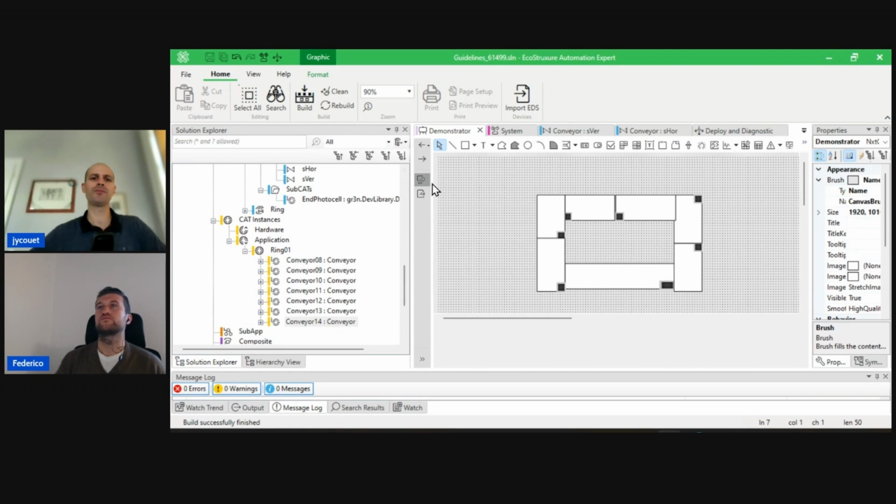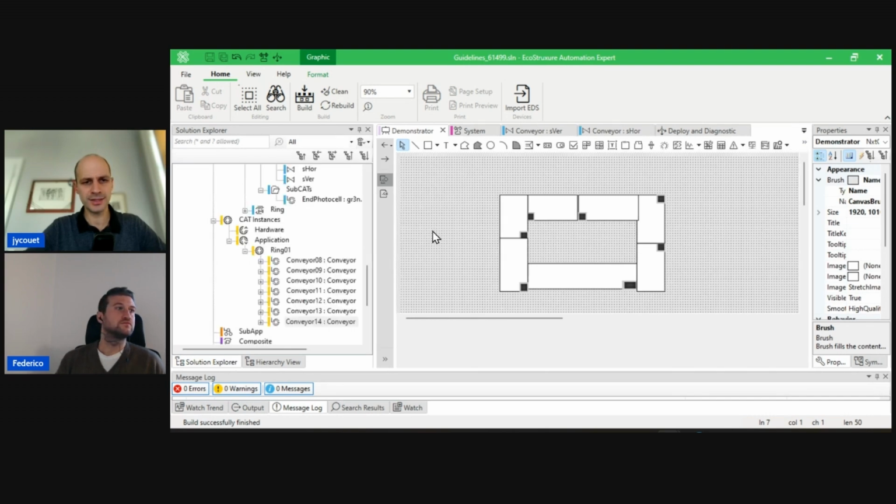Okay, looks good. Now that we build the ring here, again, it looks like the physical world, which is good. Maybe we want to just deploy and see the final result in the canvas. Yeah, of course. So while you do these steps in the tool of deploying the controller, then starting